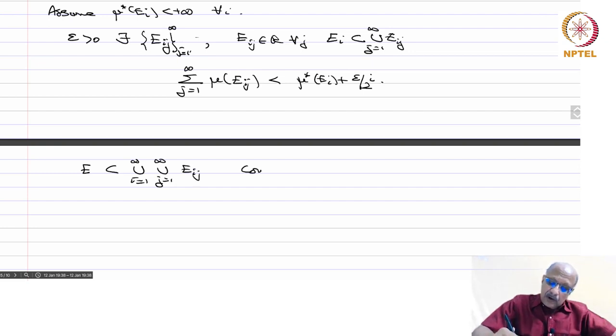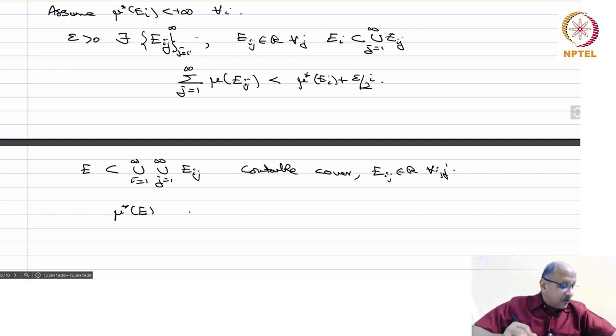So this is a countable cover with E_ij in R for all i, j. And mu star of E is less than or equal to, therefore, the sum over i, the sum over j of mu of E_ij,